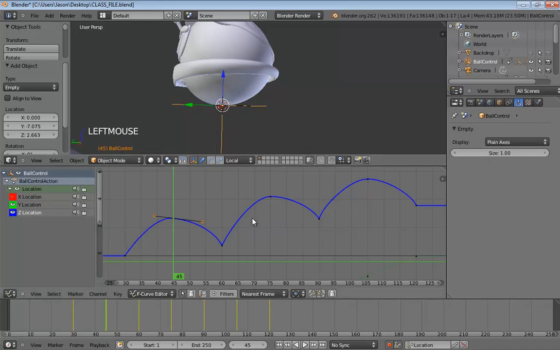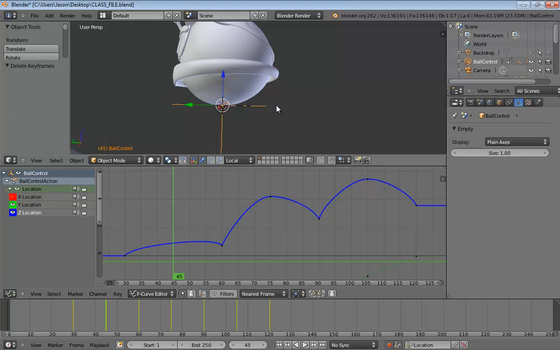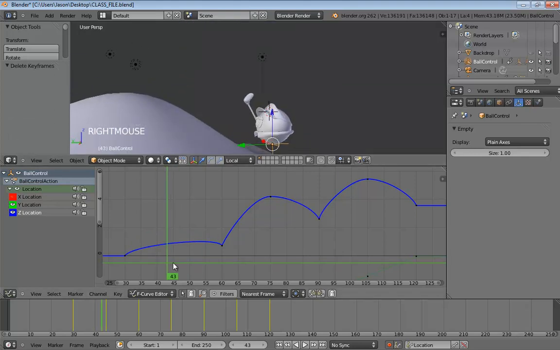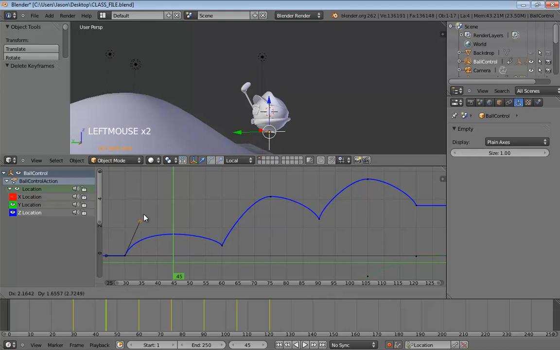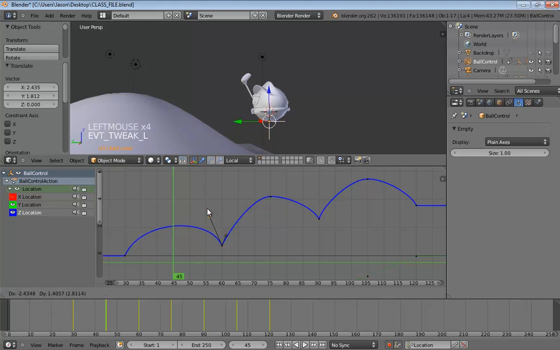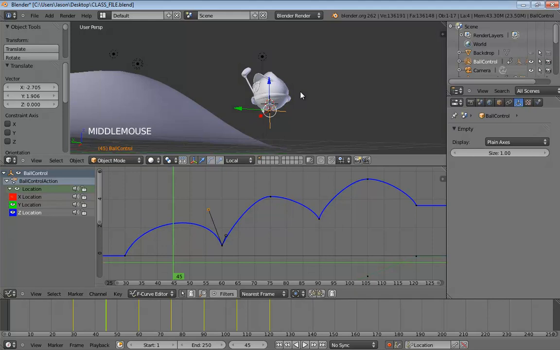And that way I can still select my original object. So now I can take this keyframe here in the middle. We can delete that. And now you might have to bump the timeline to get him to fly back down. Just keep that in mind. Now all we really need to do is adjust our handles to lift him back up into the air. And remember, it's kind of a tug of war. Adjust the left, then adjust the right, then adjust the left, then adjust the right, and so on.